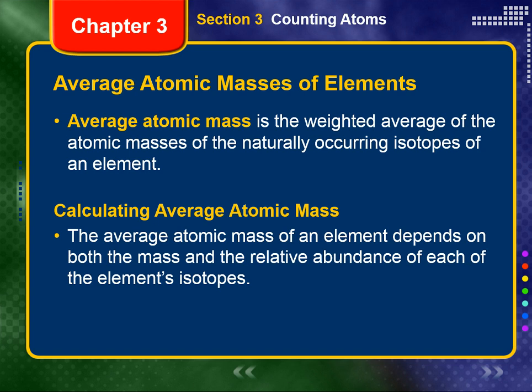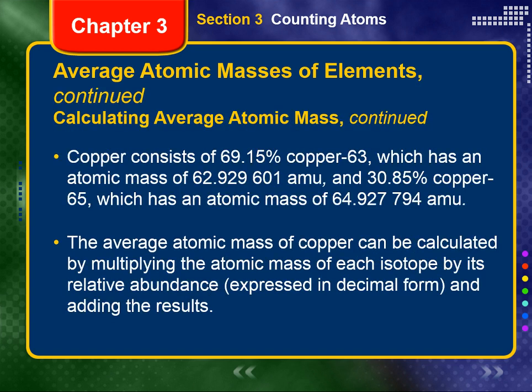A simple example of how to calculate a weighted average using marbles can be found on page 79 of your text. Calculating average atomic mass. The average atomic mass of an element depends on both the mass and the relative abundance of each of the element's isotopes. For example, naturally occurring copper consists of 69.17% copper-63, which has an atomic mass of 62.9295999 AMU, and 30.83% copper-65, which has an atomic mass of